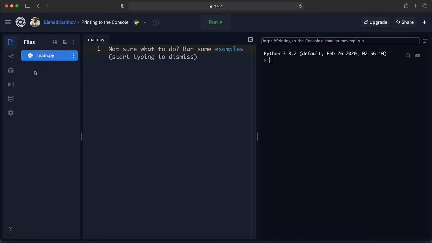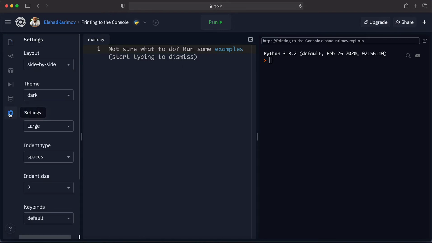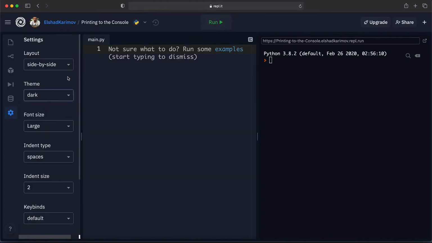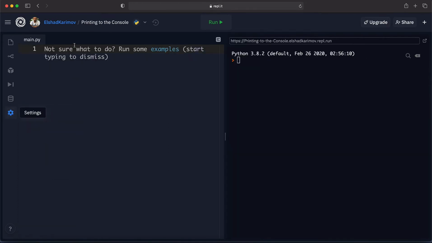Now another useful part of the left hand side pane is this part, which is showing the settings. When you click on this setting, you see that you can change the layout, and you can change the theme from dark to light or from light to dark. I always prefer dark because it's very good for our eyes. And the font size, you can change from tiny to large. I advise you to change it to large because it's more readable. And the others, you can change based on your needs. Now, after finishing it, you can click this settings button and close this to have more space over here